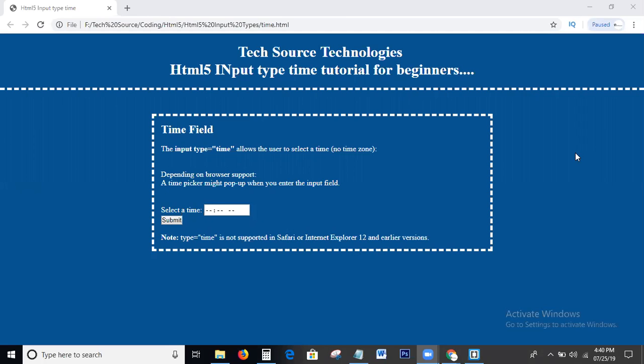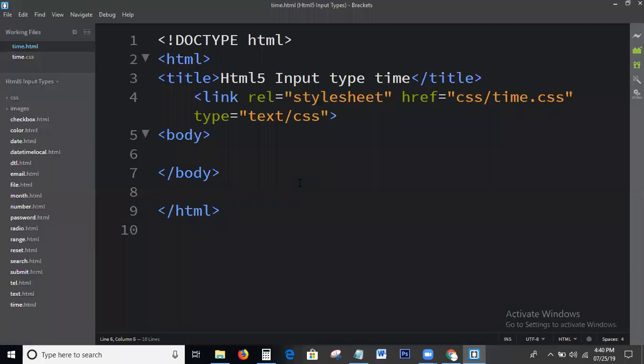Okay guys, I'm going to the topic. What we discuss today is how to write input type time using HTML5. Yeah, this is the basic HTML structure we are working on. Here I am